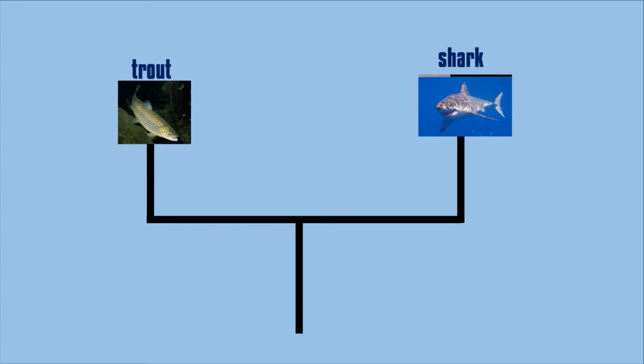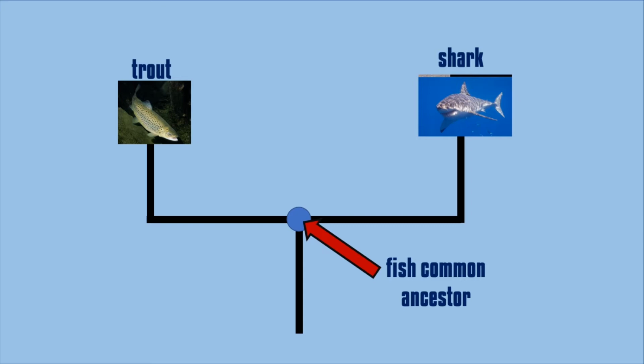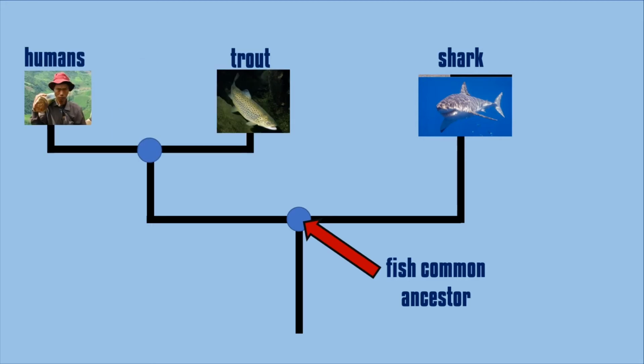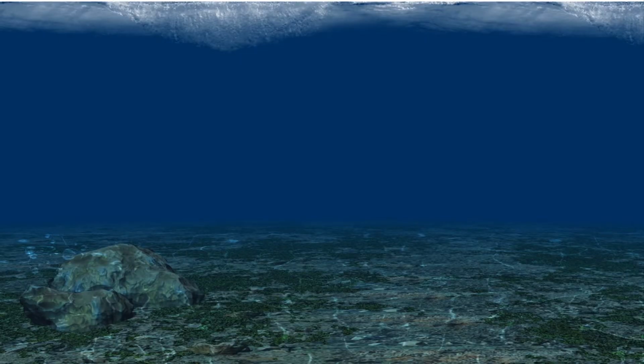Now, if you were to try to group different types of fish, such as sharks and trouts, under a clade by their most recent common ancestor, you'd reach a problem. Many animals that are not considered a fish would also be descended from this common ancestor, like humans and all other mammals. In fact, the trout used in this example would be more closely related to humans than to sharks. So should humans be considered fish? Because of these issues, or fissues, fish isn't really a rigid classification and instead a helpful term used by biologists to group organisms. However, this doesn't mean that anything is considered a fish.